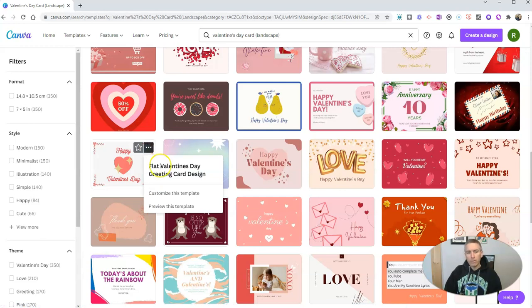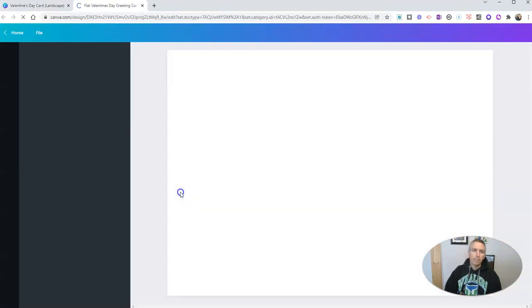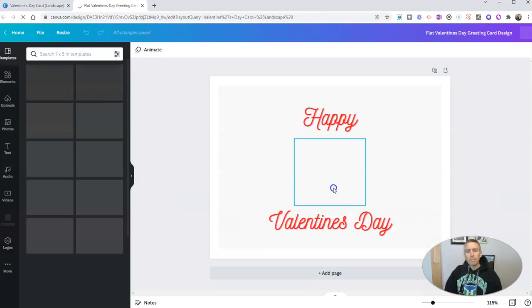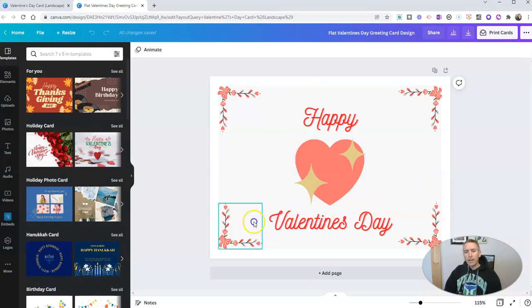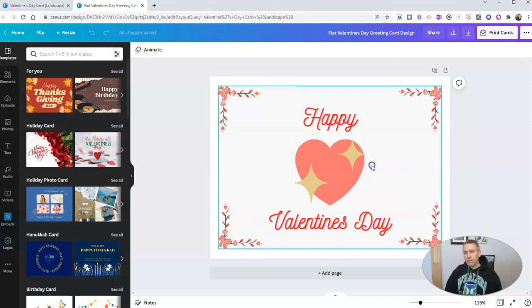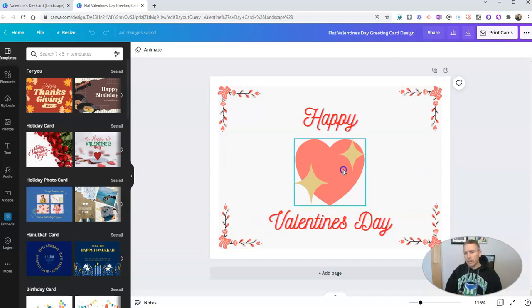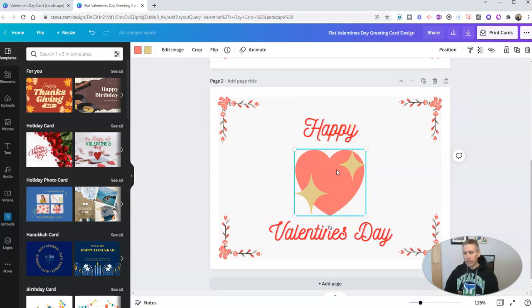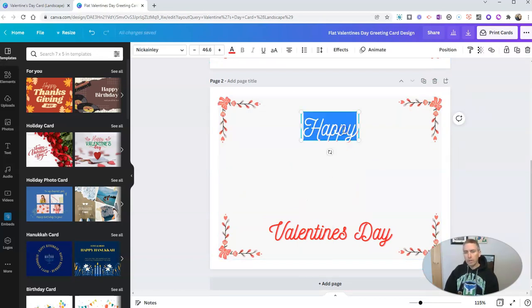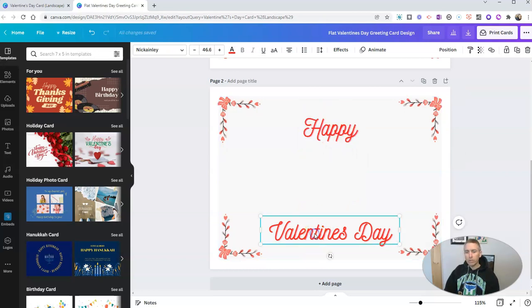So I'm going to just use this template for now. So we have this one, Valentine's Day greeting card design. Let's customize this template. And we have here, Happy Valentine's Day. And right now, we just have the front of it. And we could customize any aspect of it, but I'm going to duplicate this page. Just duplicate it. And on the back of it, I'm going to put in some space for students to write